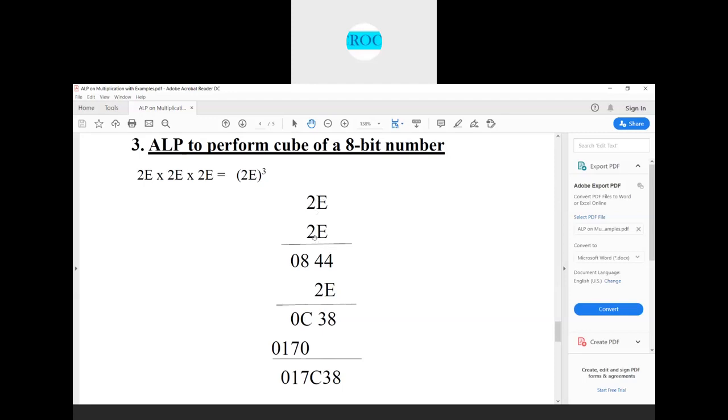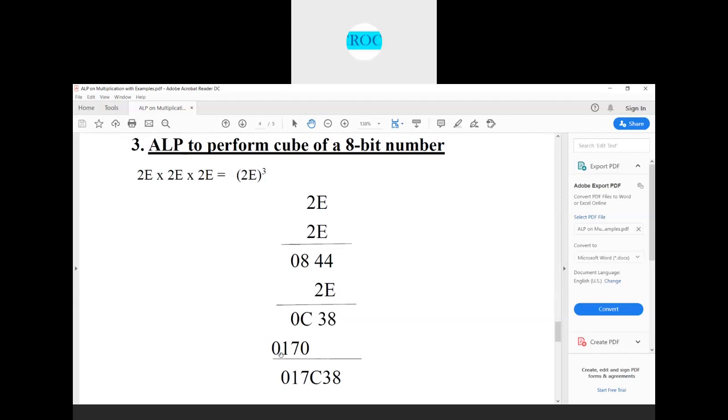First I'll multiply 2E with 2E. I'll get this result. I'll store it in the register, and this register content is multiplied again with 2E now. And these two contents will be stored again in the R0 and R1 registers. Again I'll perform 2E into 08, so that A will have 70 and B will have this content. The content in the register, if it is the R1 register which is used here, this content is added with 70, right? That will be our end result.